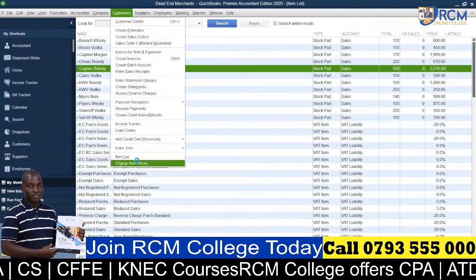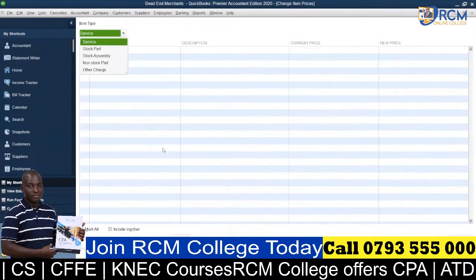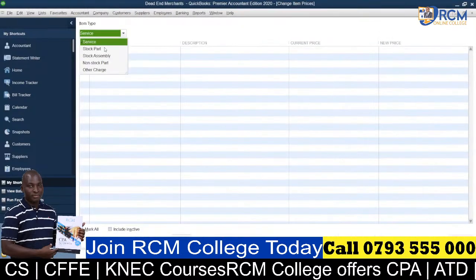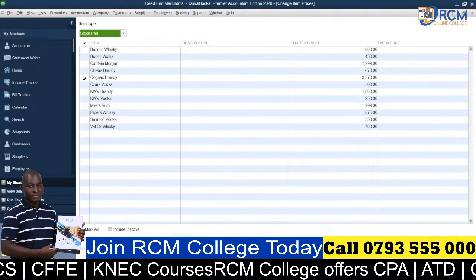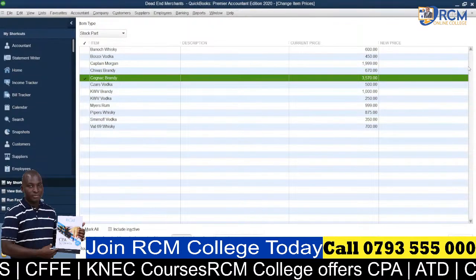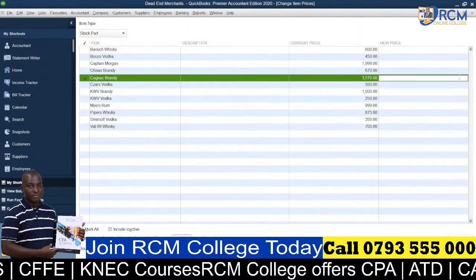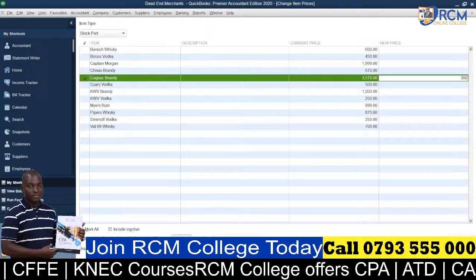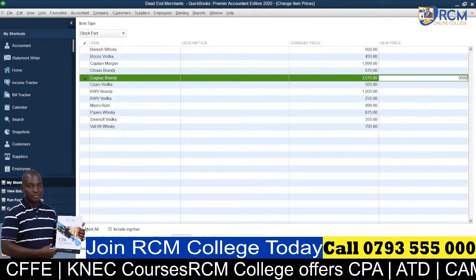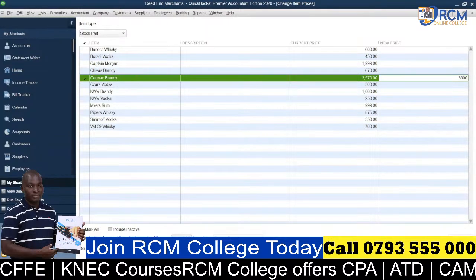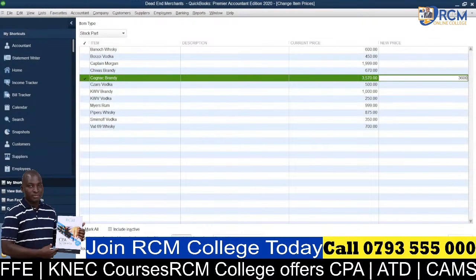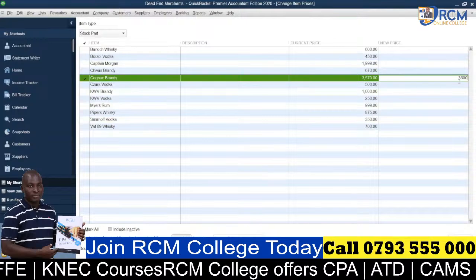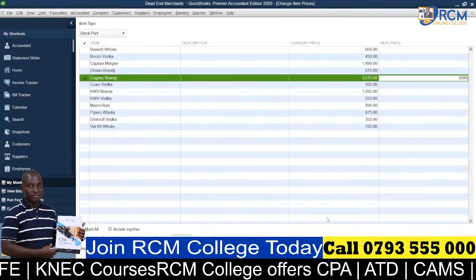Adjust. So when I click on adjust, my new price is still 3,570. Oh, okay. From the bottom left, you can see there are some options there. Adjust